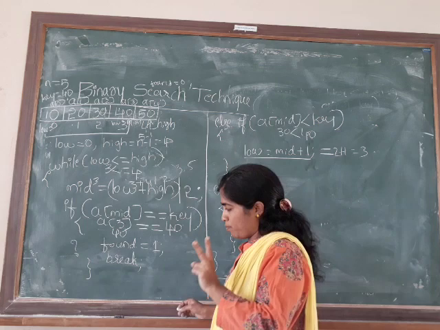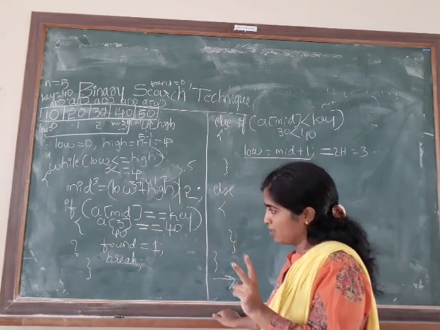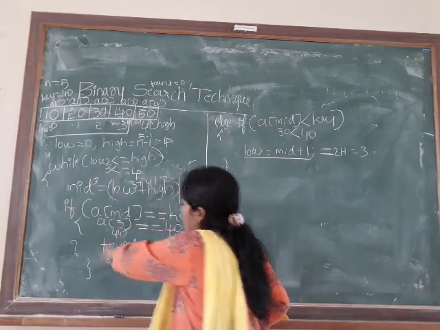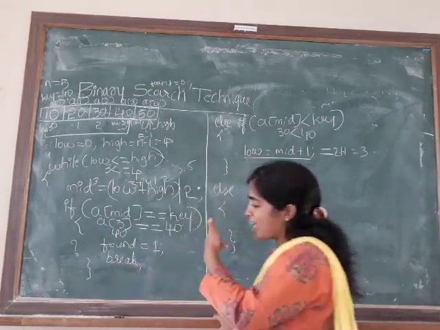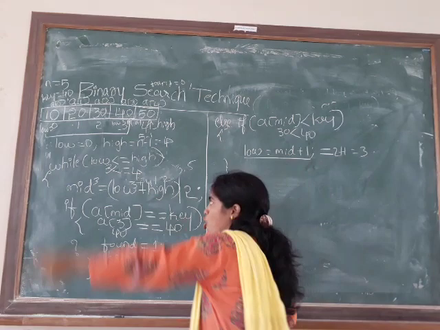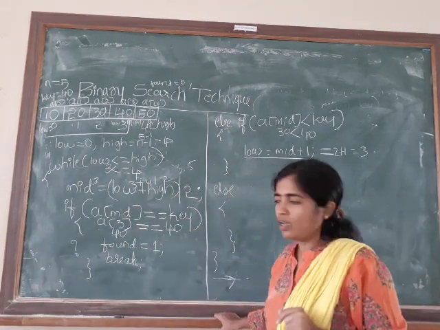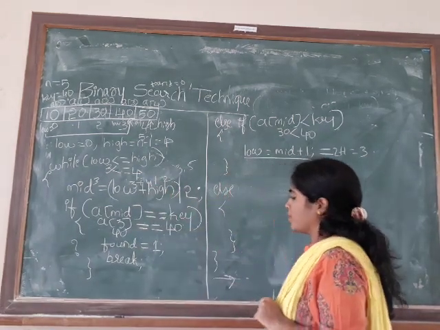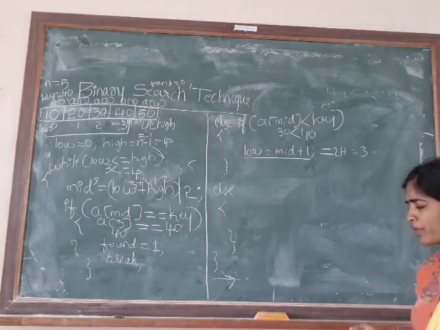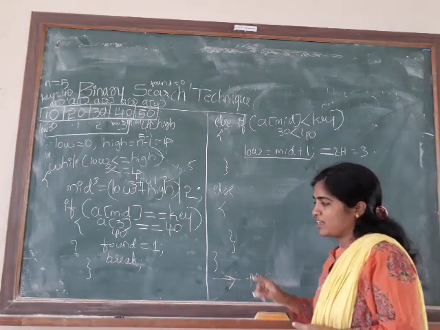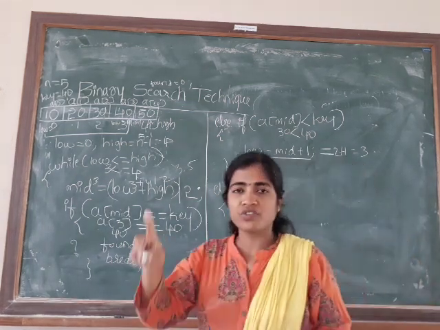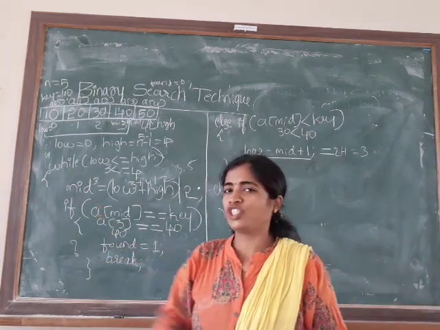Okay, so two things you people have to consider here. Once if becomes true, it will never go for else if and else. That is one thing. And one more thing is, as I have taken a break, it will not consider the next iteration of the while. So it will come here outside. So what do I have to print? Printf percentage d element is found at percentage d position.